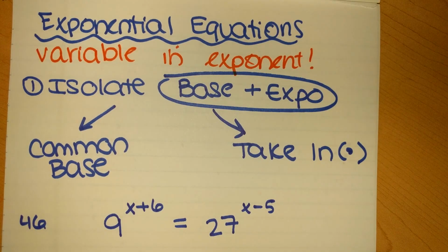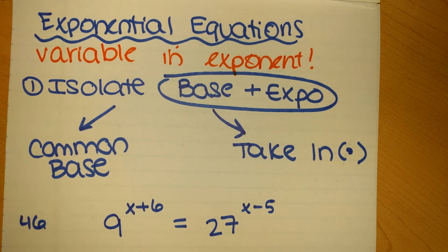In an exponential equation, the first thing to notice is that the variable is in the exponent. So we have to do everything in our power to get the base and the exponent isolated. Once that happens, then we can either get a common base or we can take the natural log. So I want to just go over this question number 46 where we look at it and we say, okay,